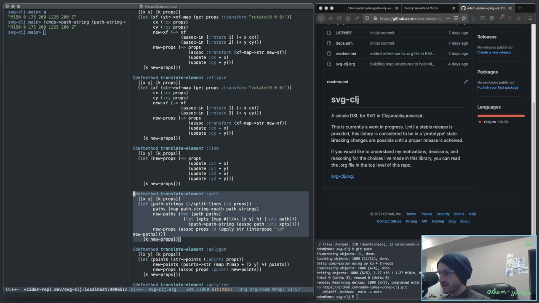so right here I've got a method of the translate element thing for path elements, and it uses some old path manipulation functionality. Basically what I want to do is create here in the new paths section here, I want to replace